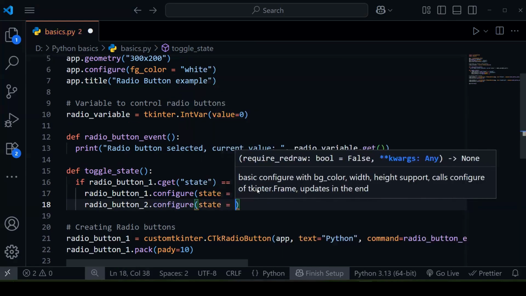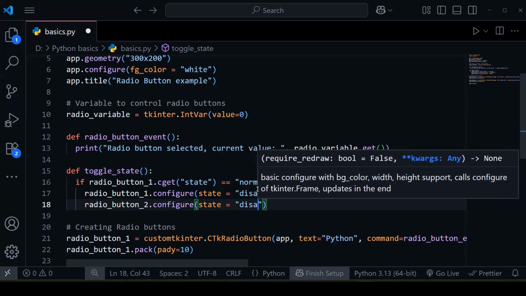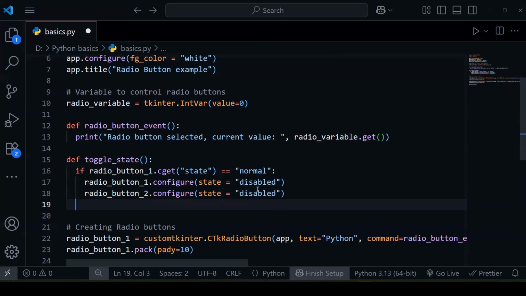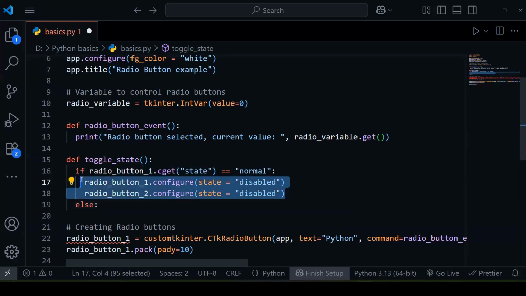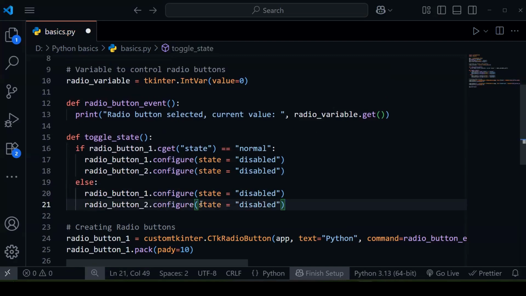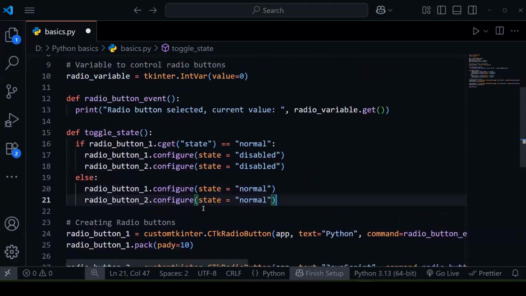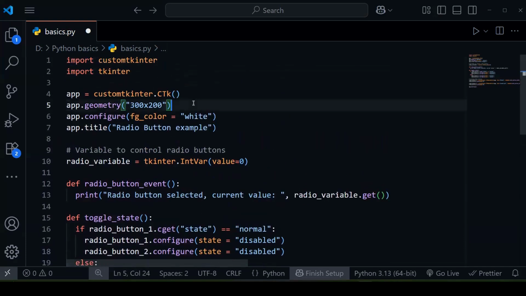Same thing, state disabled. Else, same thing, but you keep it normal. And now, so here you are going to do